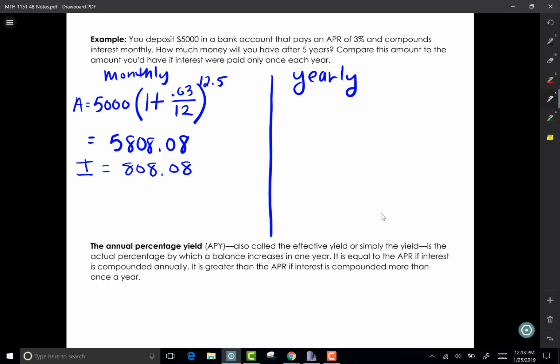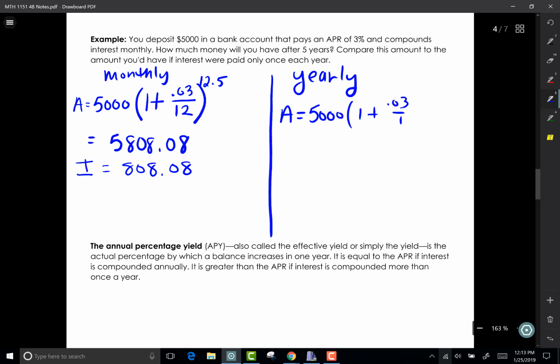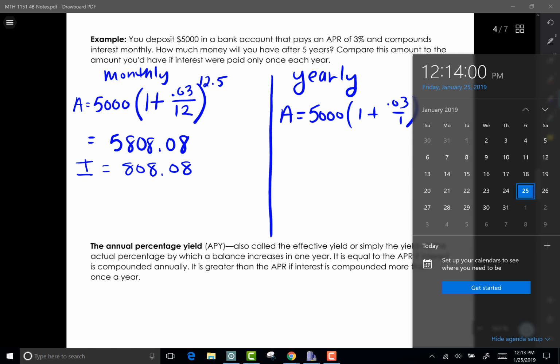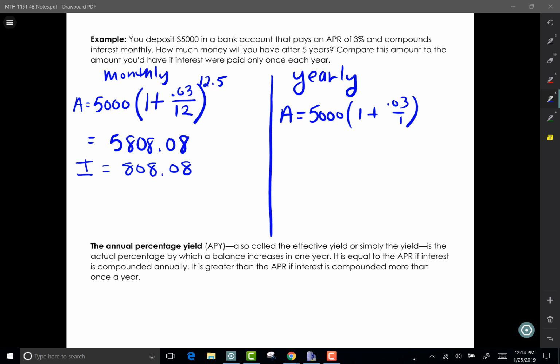Now for yearly, we're going to use the same thing, but little n is going to be 1 now. If it's compounded 1 time a year, n is going to be 1. So I have 5,000, 1 plus 0.03 divided by 1. And then I raise that to the power of 1 times 5. When I put that in on the calculator, I get an accumulated amount of